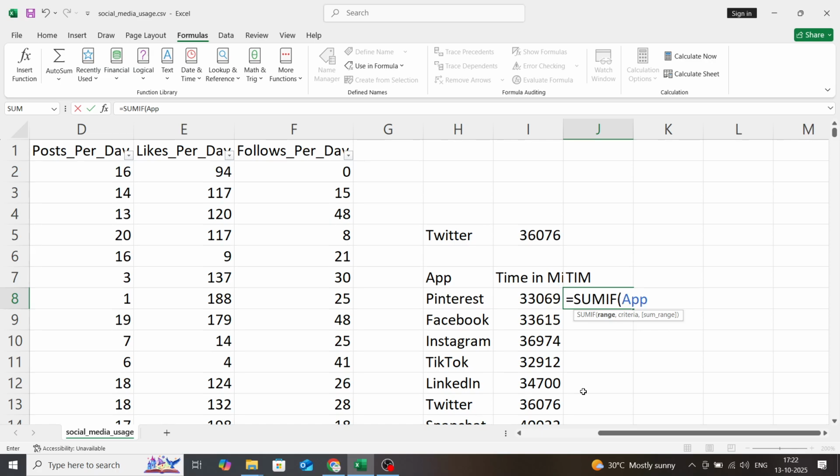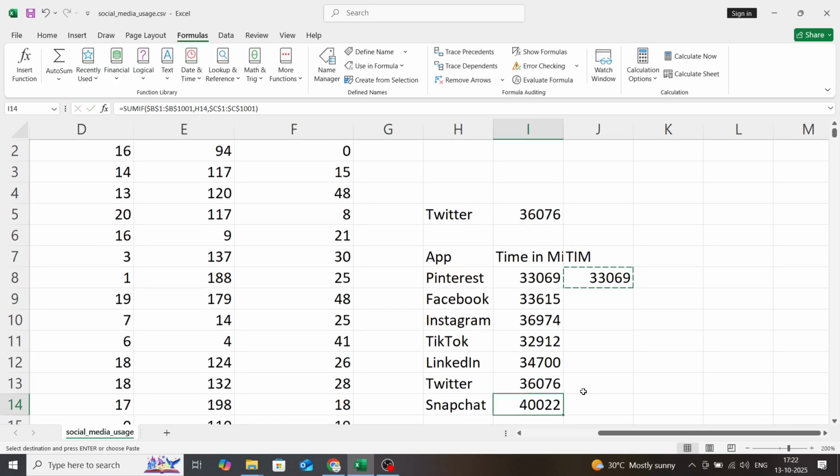When I press App, it will display the suggestion, and then press Tab. Then comma, criteria, this is the location. Comma, the last thing it is asking for is the sum range, from where we have to sum. So we have to sum from the daily minutes spent. Okay, so Tab, then bracket 1, Enter.